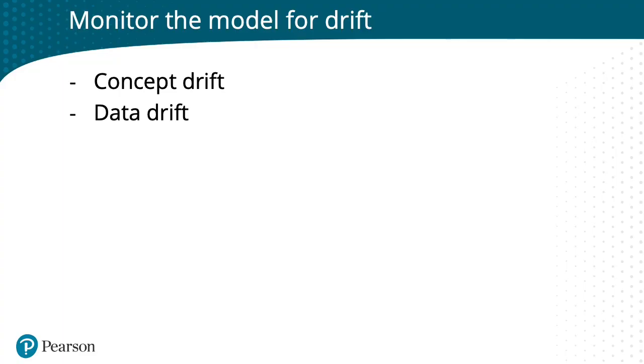Or you might end up with new data coming in. Maybe you want to factor in the weather for the particular time of day. Maybe you start to factor in events that are going on in different areas, and that changes the data that the model is working with. So, whenever you notice a change in data type or you start to notice new types of data that are coming in, that's when you start to get some of this data drift.